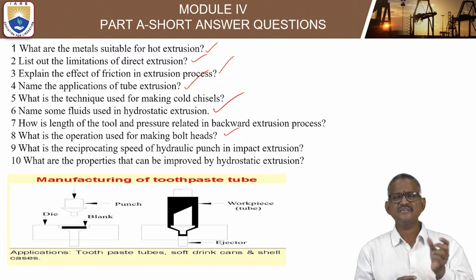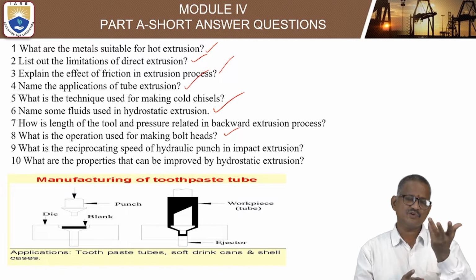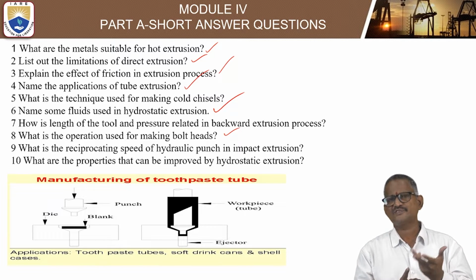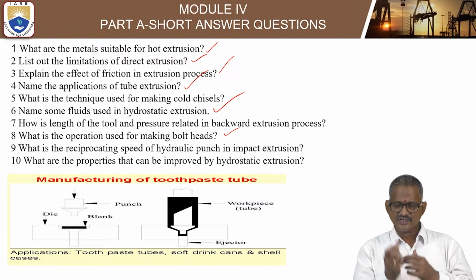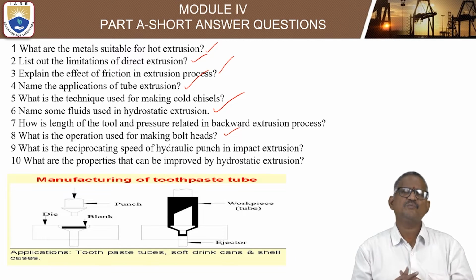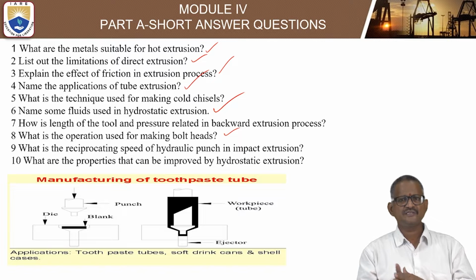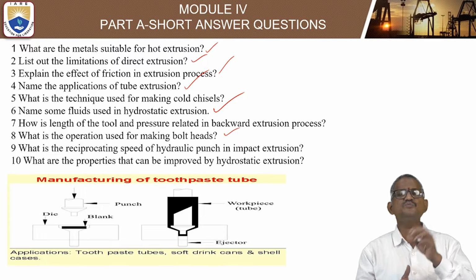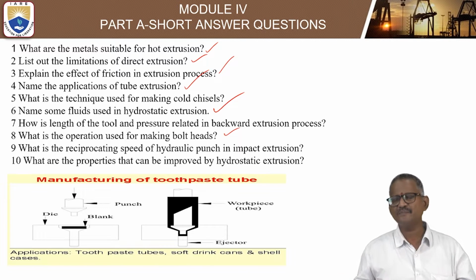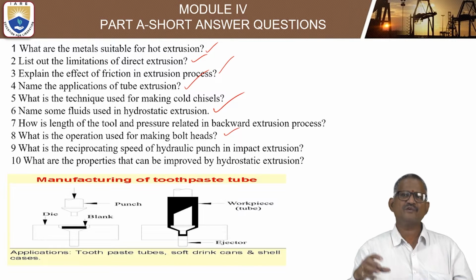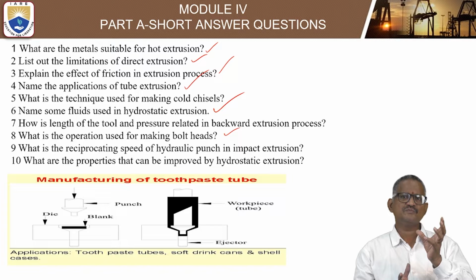Wherever limitations are concerned, mainly the cost of molding is a little bit costlier. In order to reduce the cost, you can do mass production. Similarly, what are the applications of tube extrusion? Generally, pipes and tubes may be formed. We can use tube extrusion where the die is there,